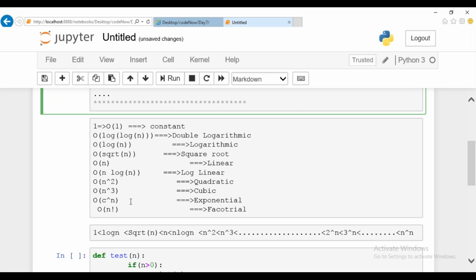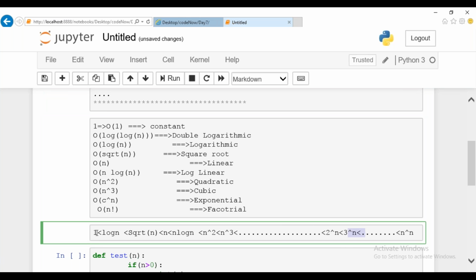The most commonly used will be big O notation. And we have seen what is the order of this particular notation to mention. What is the efficient one, and what is the worst case we have seen. The best case will have order of 1. The worst case will be given for the factorial. This is what we have seen.